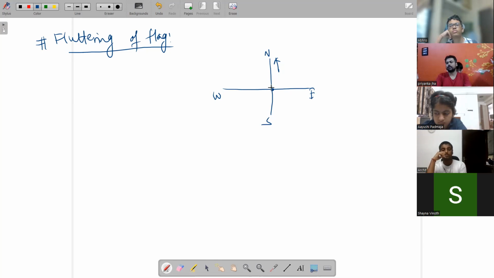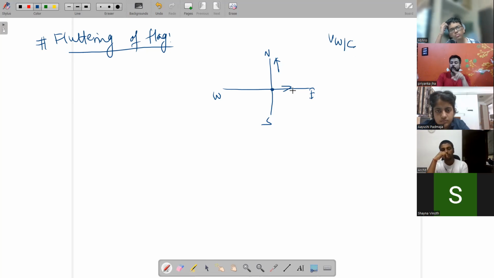But अगर मान लो say if the flag is mounted on the car, that car is moving towards east. Then in which direction flag will flutter? Then we have to find the velocity of wind with respect to car. कार के रेस्पेक्ट में विंड का डायरेक्शन जो होगा, that will be the direction of flag in which it will flutter. सर, इस केस में नॉर्थ वेस्ट. हाँ, तो अब हमें क्या करना पड़ेगा कि विंड का वेलोसिटी निकालेंगे कार के